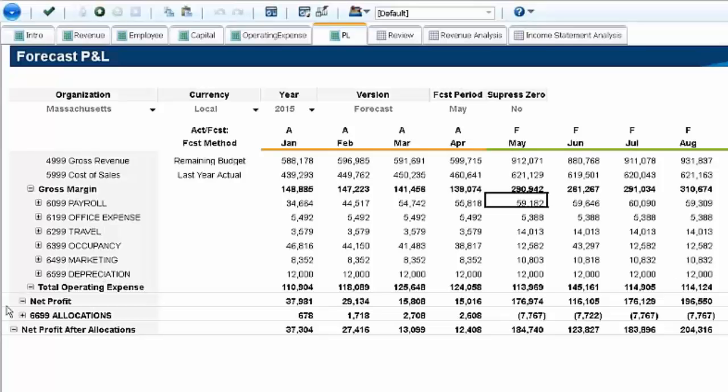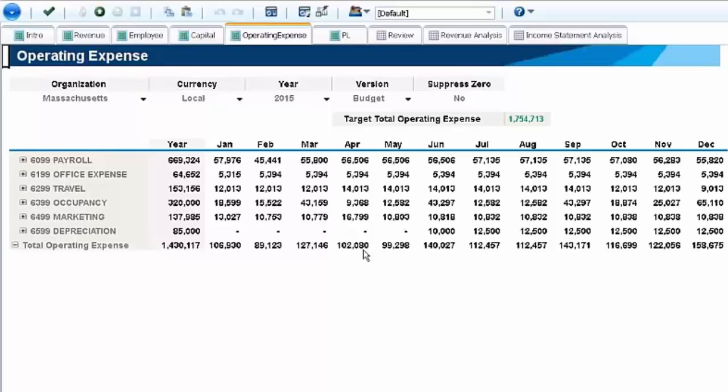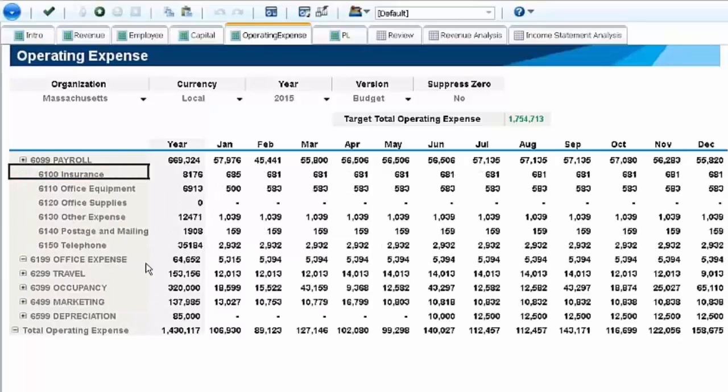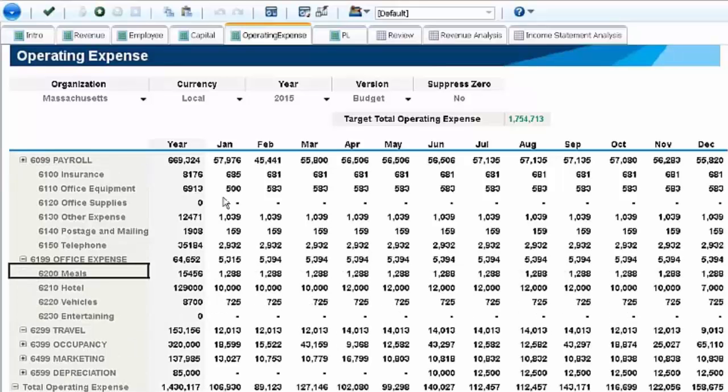Now we're going to take a look at how data flows between operating expenses and P&L. So I'll come over to the operating expense report. We're going to drill down a little bit here because we don't want to enter data at the highest level for the office expenses, as a for instance, or for travel. So now what we can do is enter data manually. So if you wanted to put in a few values,